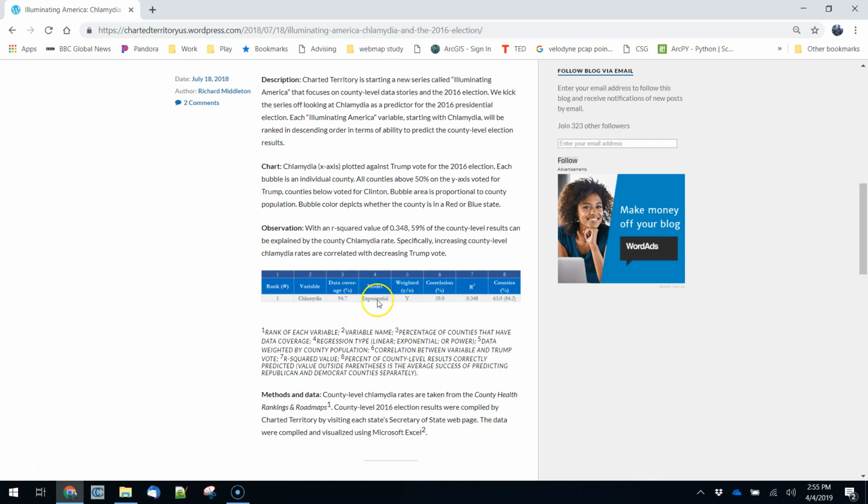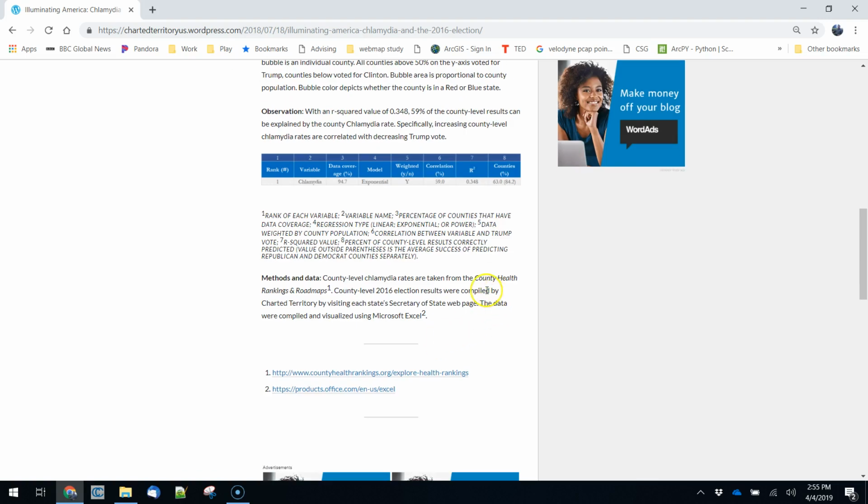We also see that there's a model. So this says that it's an exponential model, which refers to the type of fit that's going on here. So that's enough to get us started. And he makes a note here saying that the data were compiled and visualized using Microsoft Excel, which is how